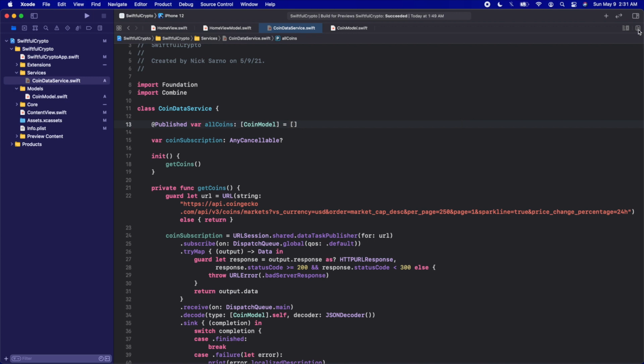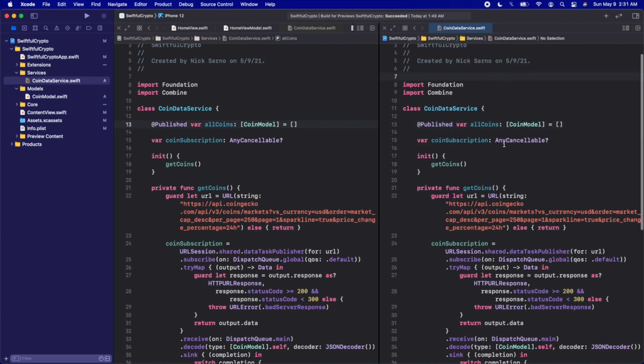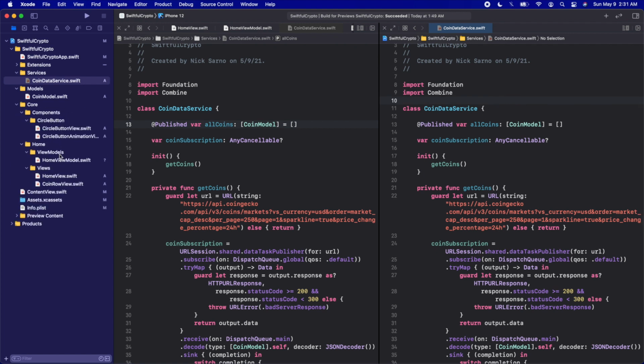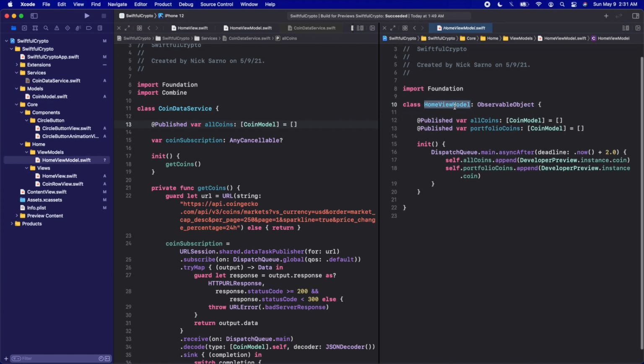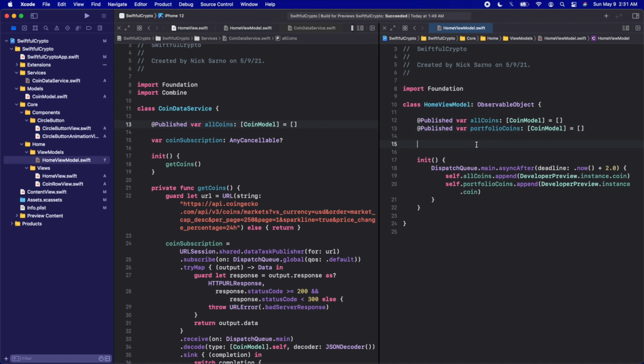So I'm going to click the plus on the right side here. And when we're on the right editor, I'm going to open up the HomeViewModel. All right, so remember this HomeViewModel is the view model for our home screen. The first thing we need to do in here is initialize this CoinDataService. So we'll say private let, we'll call it dataService,